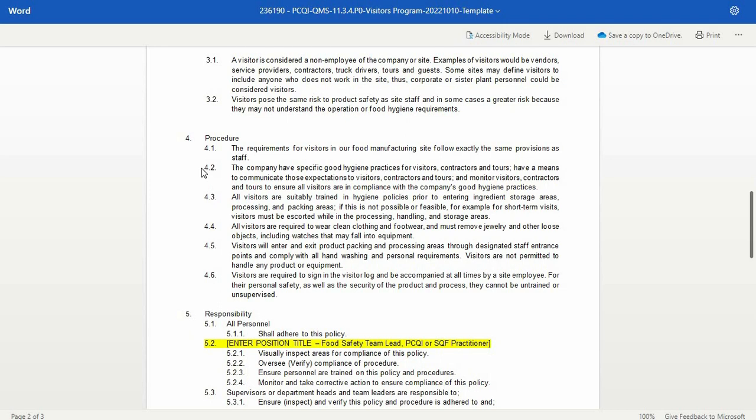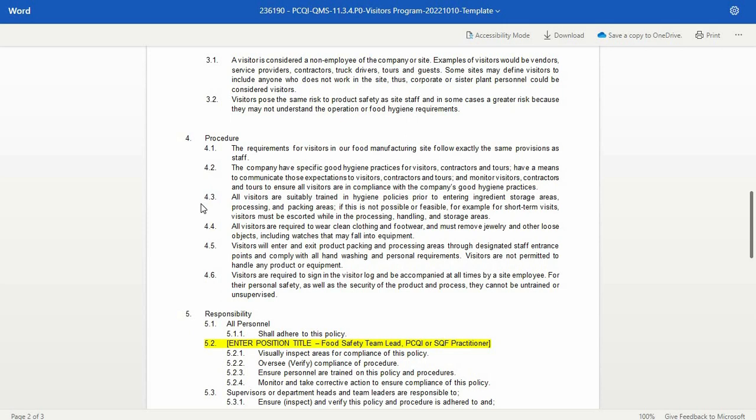Have a means to communicate those expectations to visitors, contractors, and tourists, and monitor them to ensure all visitors are in compliance with the company's good hygiene practices. Third, all visitors are suitably trained in hygiene policies prior to entering ingredient storage areas, processing, and packing areas. If this is not possible or feasible, for example, for short-term visits, visitors must be escorted while in processing, handling,